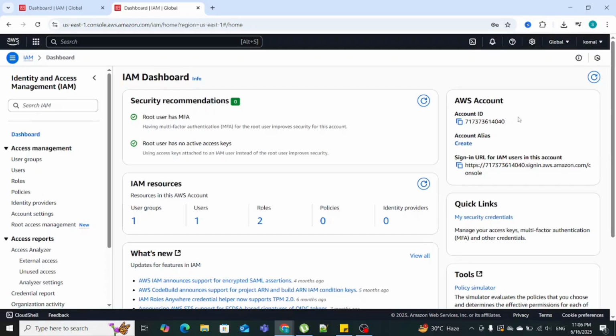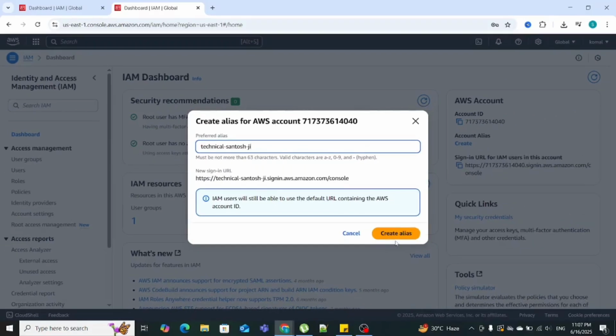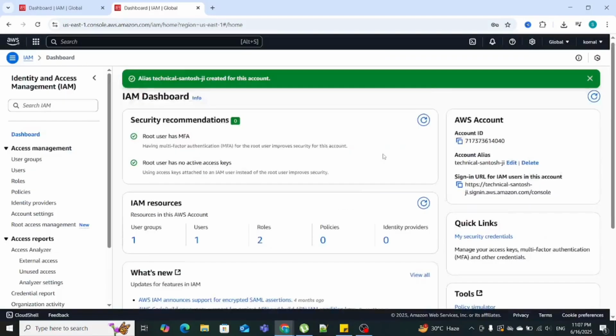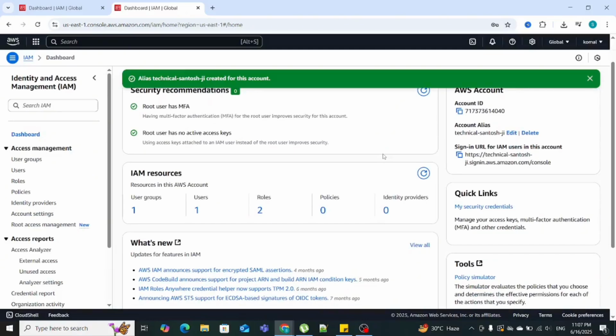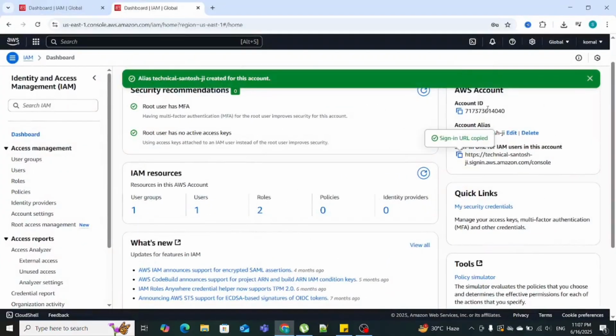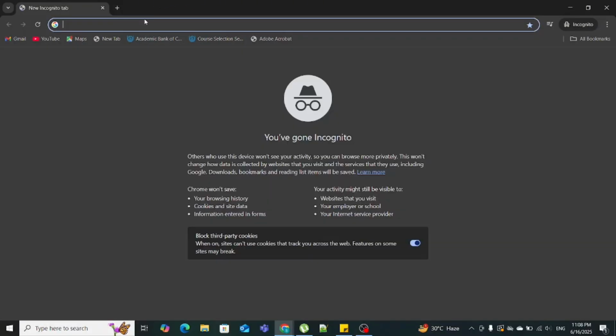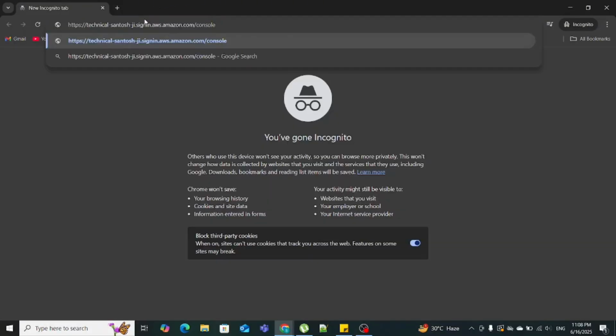So let's create an account alias. Click on Create alias. As you can see, the alias is created. Now copy this and open the incognito window, paste,